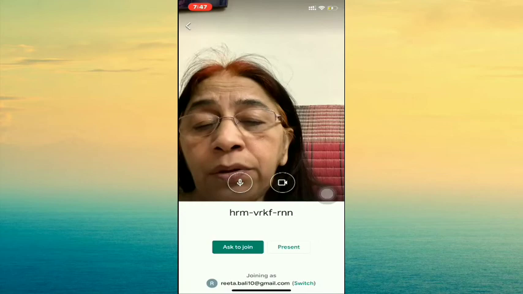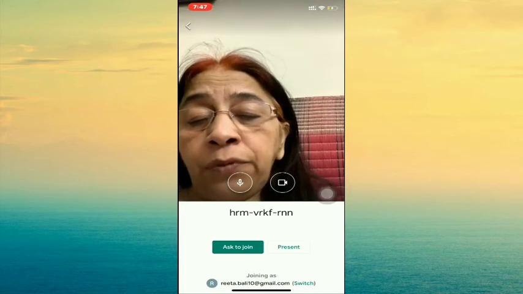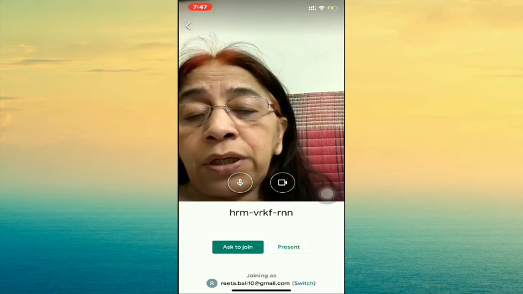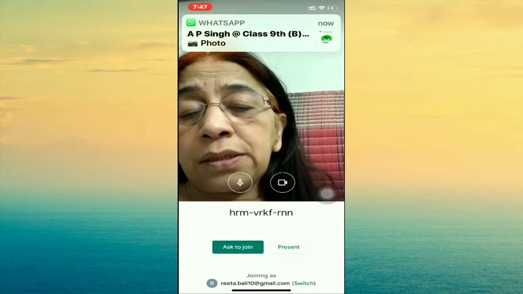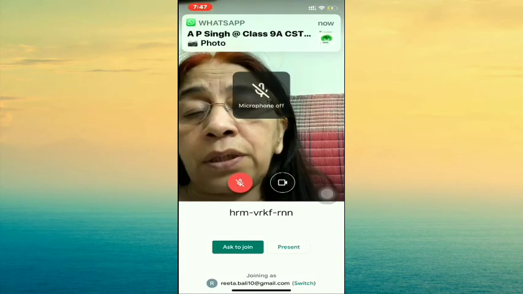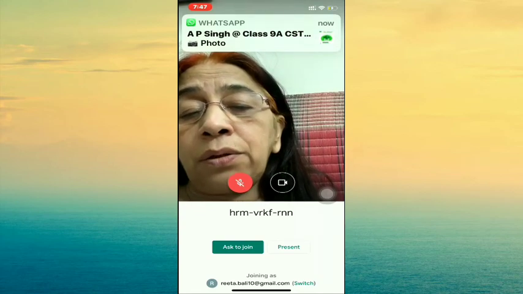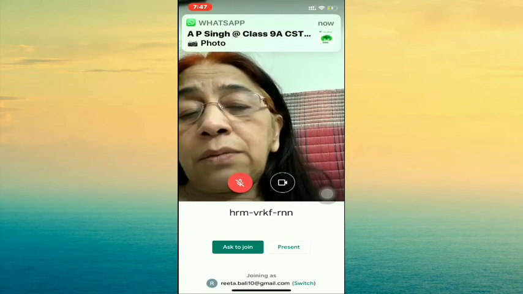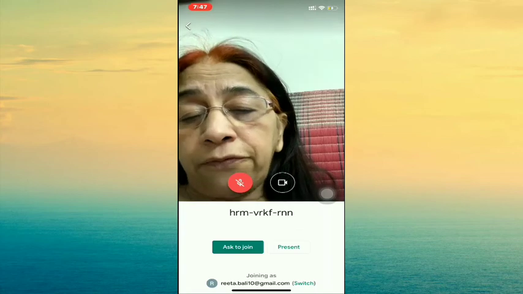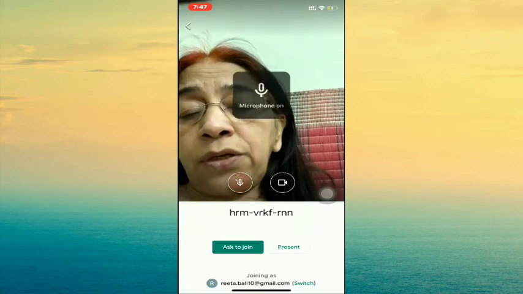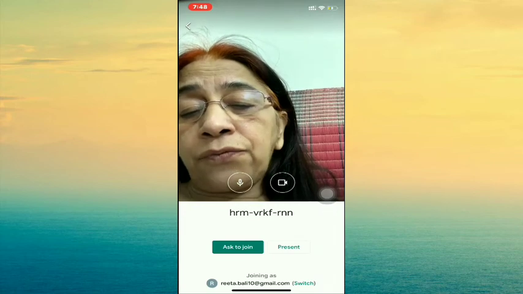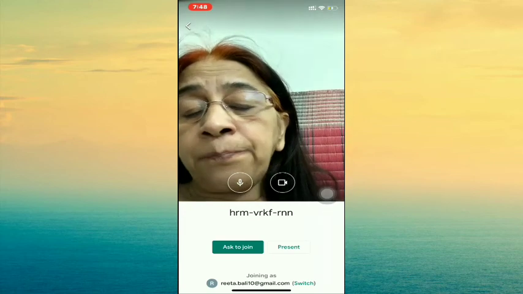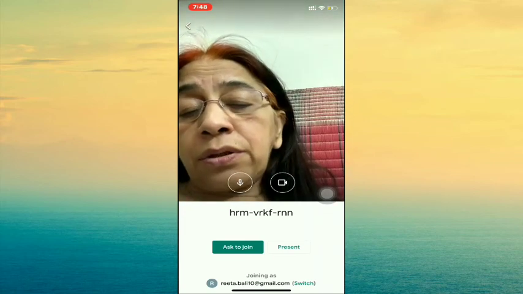Click on the join. But before clicking join, there are 2 buttons which are showing on the screen. One is the microphone button. As soon as you click on the microphone button, it is turned off. And when you click it again, the red color of this microphone button is gone, and your microphone is on.